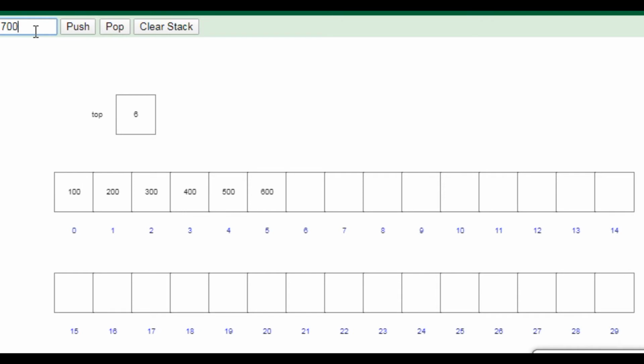Now 700, I will provide here 700. You can see it will come after that. In the same way 800, 900. Now you can see the top value is also increased, so now 9. Then 1000.